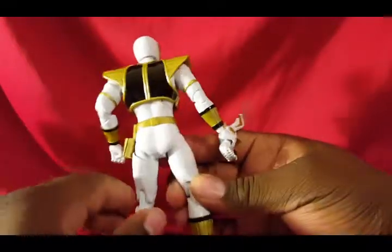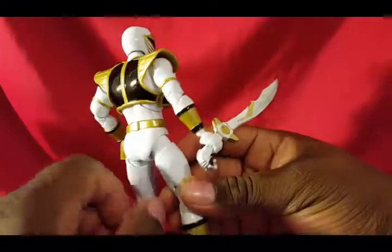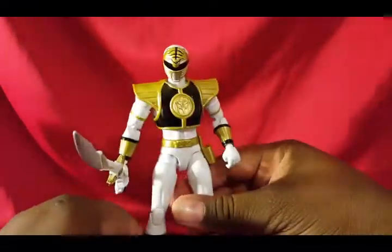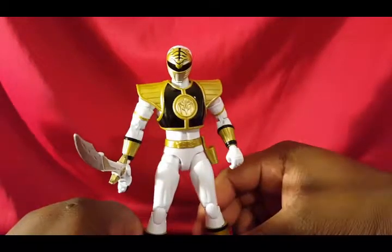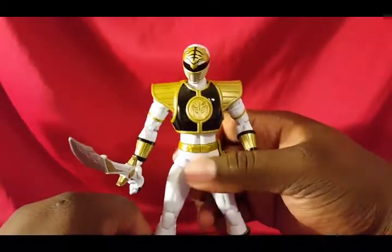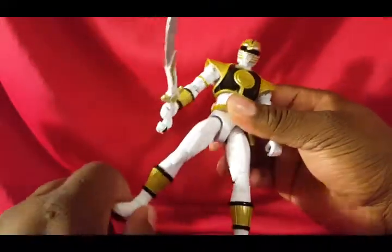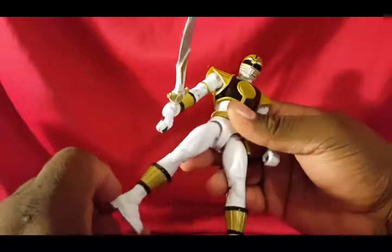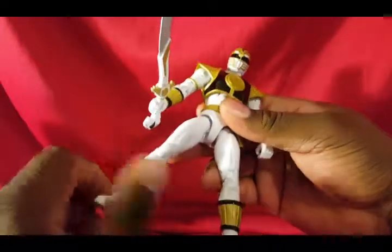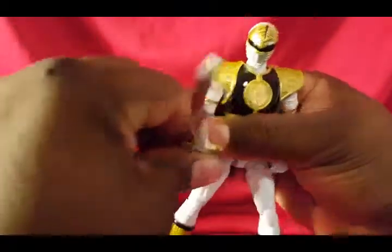It's pretty cool. And the reason why the White Ranger never had a blaster was because Saba actually could shoot lasers out of his eyes. I always thought that was really dope. Man, the White Ranger, they tried their best to make the White Ranger better than the Green Ranger, but I still love the Green Ranger. So here's a,